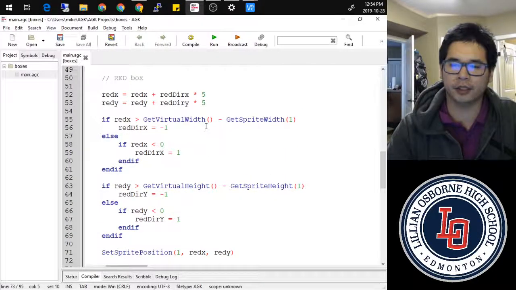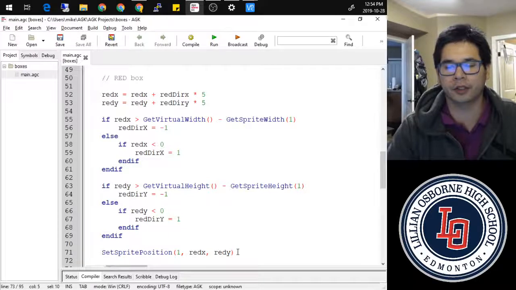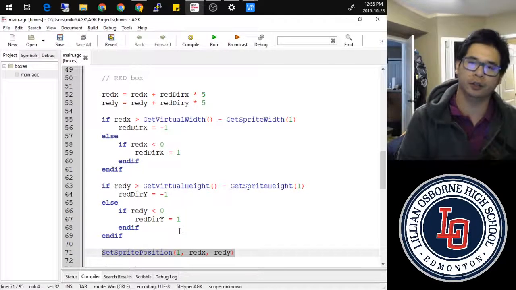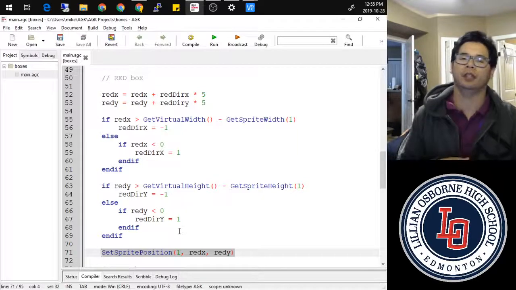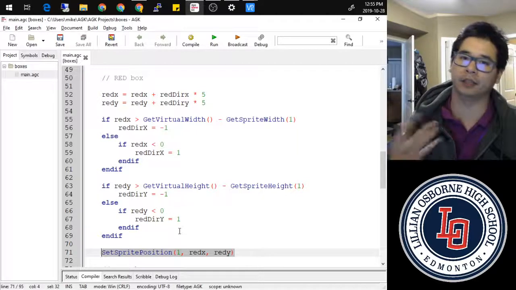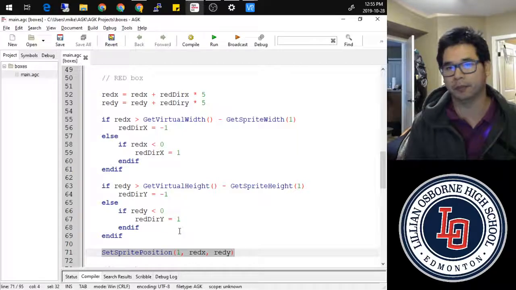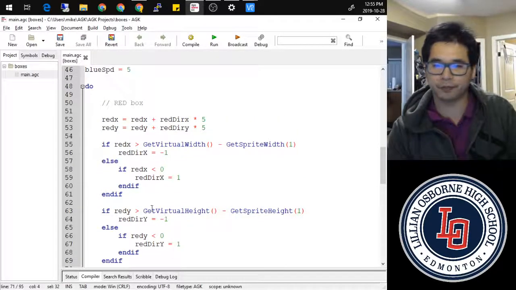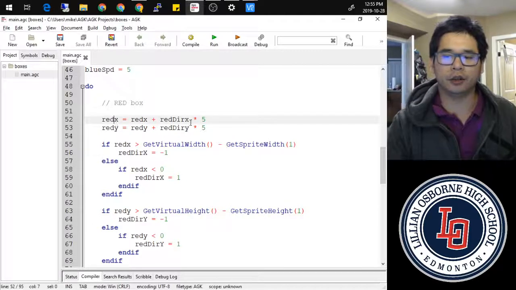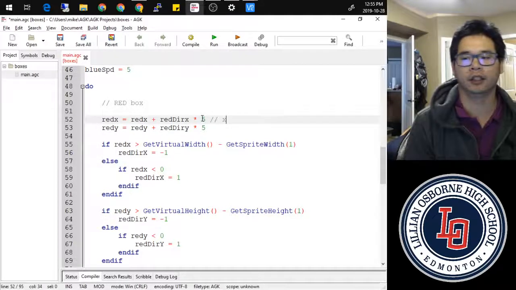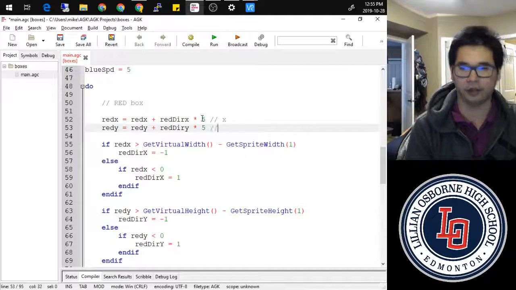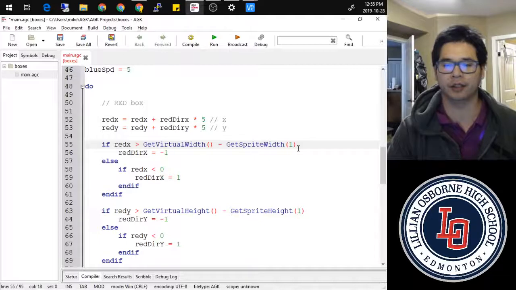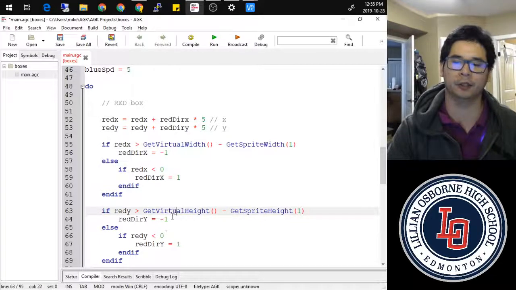And to start with the red box, one thing that I noticed was a lot of students were forgetting the set sprite position at the bottom. So in our Hello World 2, we had set text position, and we just need to make sure that we actually update our position, because this was a hiccup with quite a few of you. So hopefully you don't forget that next time. We have our 2 equations, one to move our X, and then the other to move our Y. And then we also had our bouncing, so bouncing off the right, bouncing off the left, bouncing off the bottom, bouncing off the top.